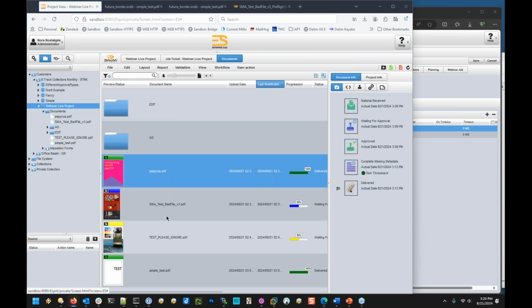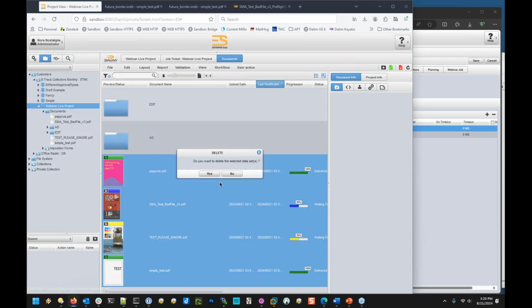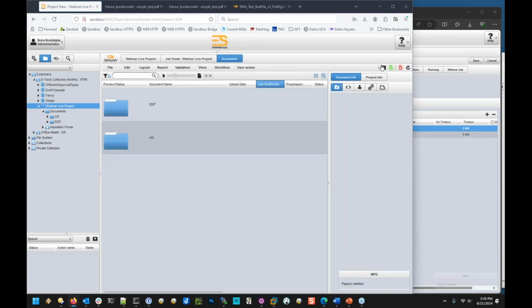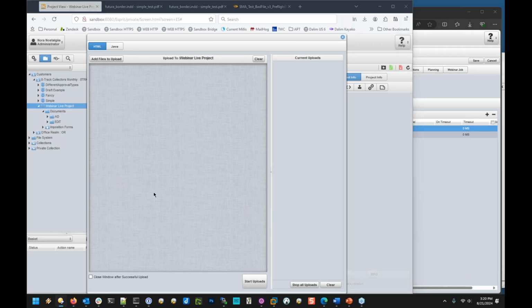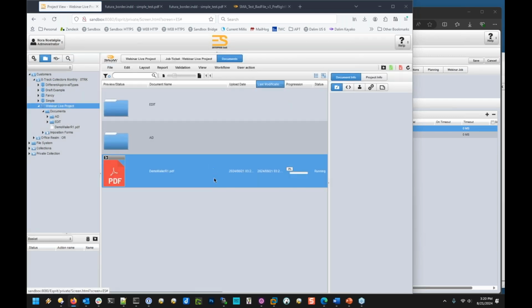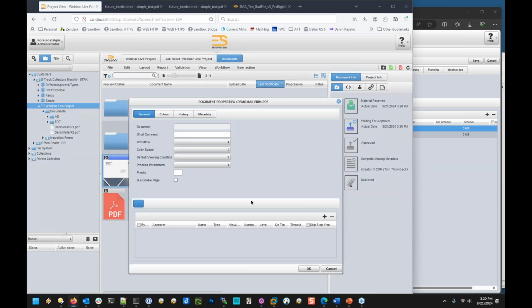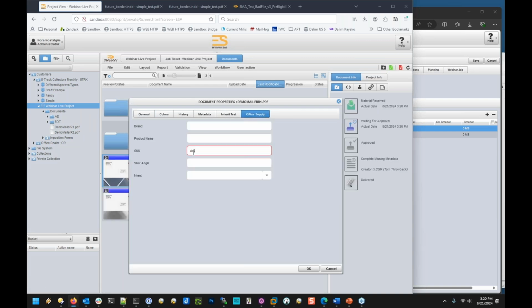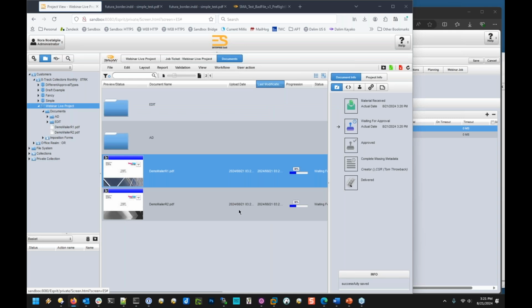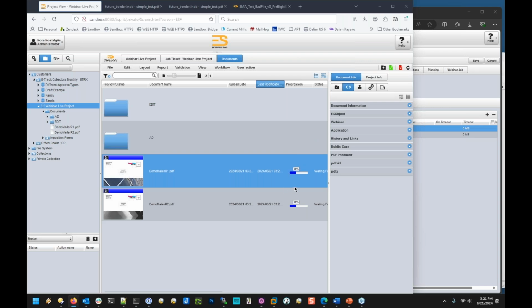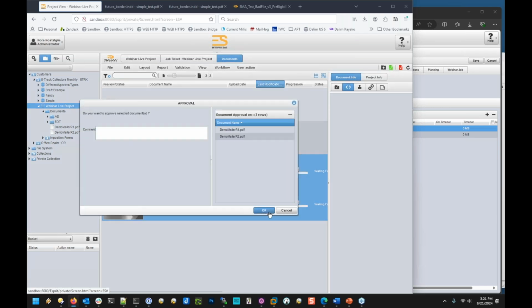So I guess if we try that now, I'm going to clear out all my pages so I don't forget which ones I already set this on. We'll upload maybe 2 new pages to our project here. So let me push in 2 example pages here. So these 2 pages are going to come in, and for one of these, I'm going to go in while the other one's cooking, and I'm going to go ahead and add in a SKU. For the second one, I'm going to be bad and not add a SKU. So yep, we can see we got a SKU in here. So if I go ahead and approve these 2 pages,